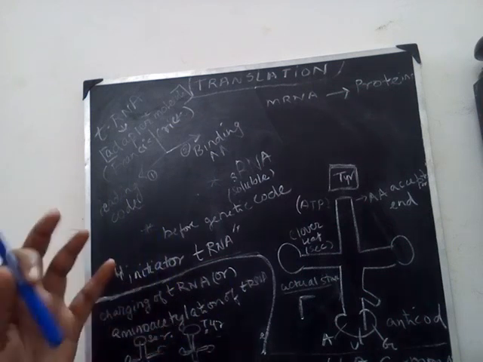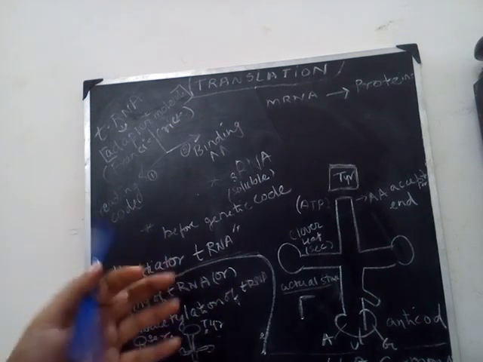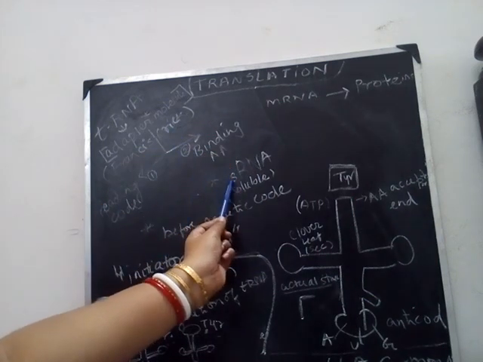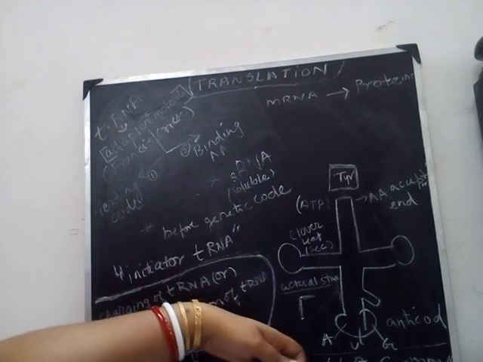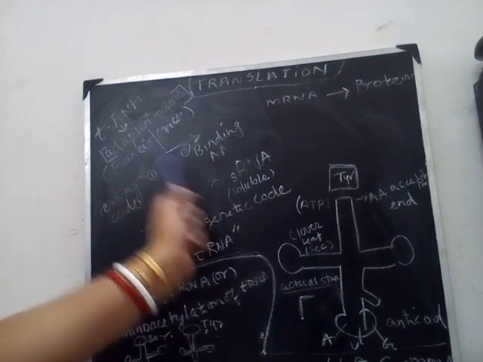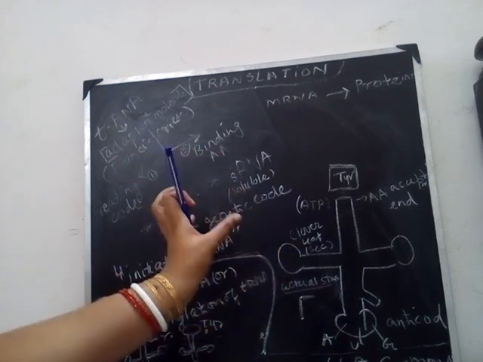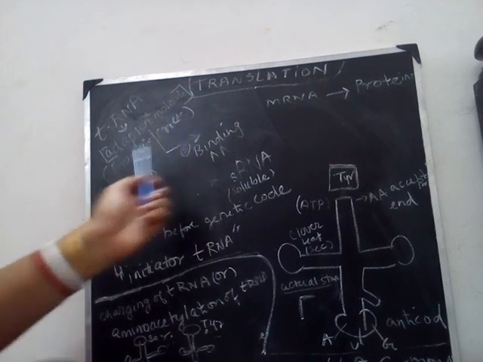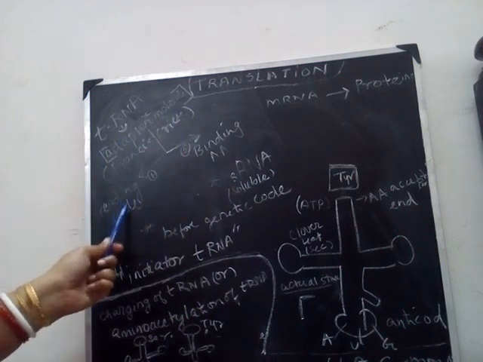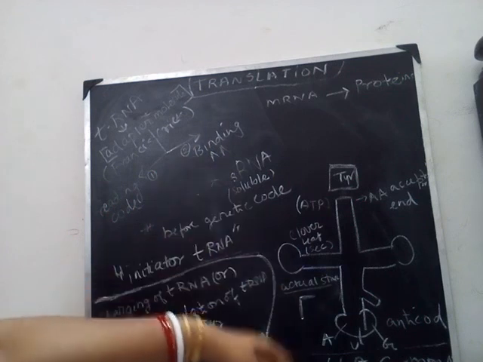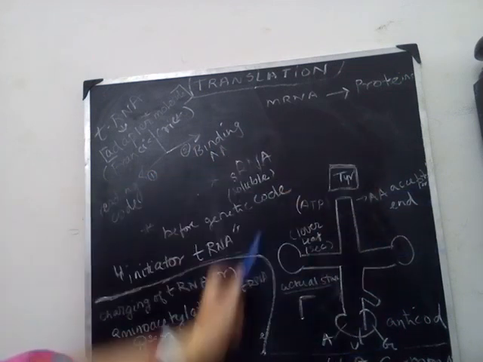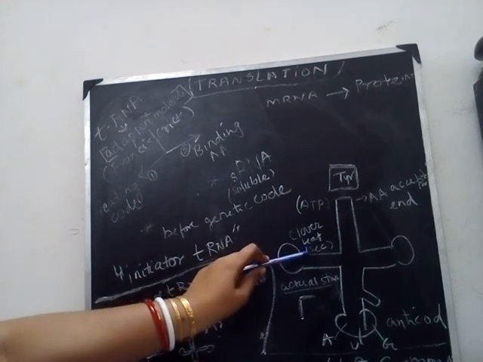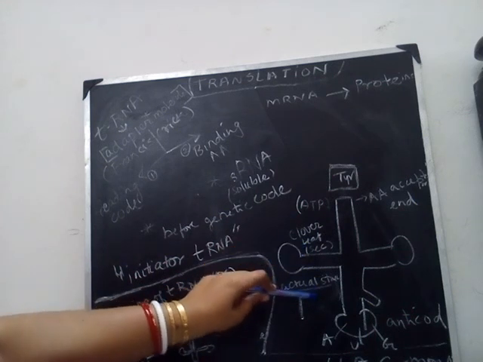One more thing: previously, transfer RNA was known as soluble RNA, so it was known as sRNA. Now you know that an adapter molecule will do at least two functions, that is, more than one function. One is reading the code, another is binding the amino acid. If you see the structure of transfer RNA, it is a clover leaf structure. That is, its secondary structure is clover leaf and the actual structure is an inverted L.